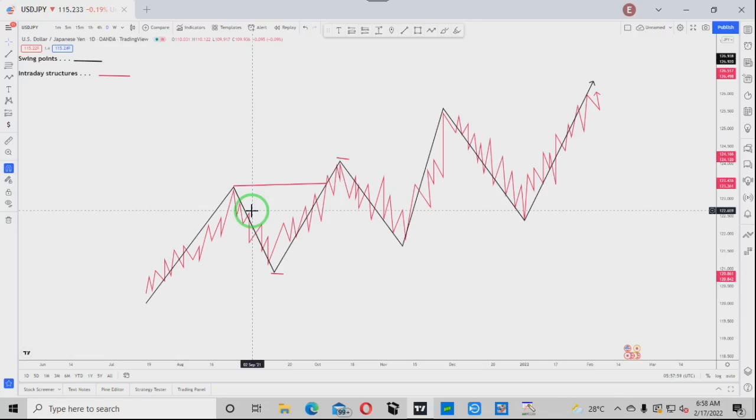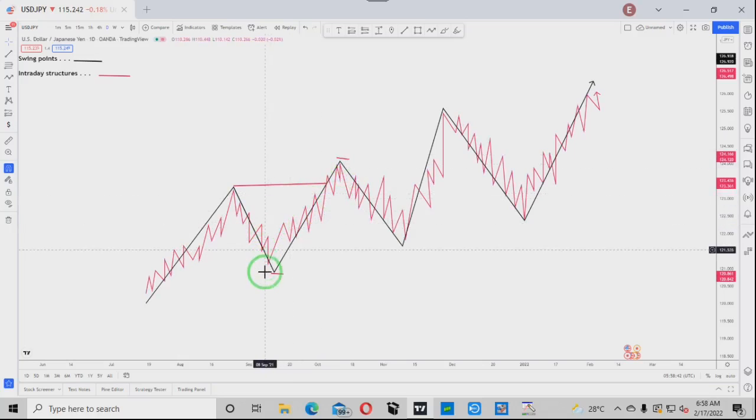All right? Whereas what your 15M is trying to do is to come down to the major swing point, the higher time frame swing low here, in order to create a higher low for price on H4 to move higher, to break this swing point here. Do you understand that? The price action you see on your 15M here is to help the H4 create a higher low for price to continue higher. Do you understand what I'm saying, guys?